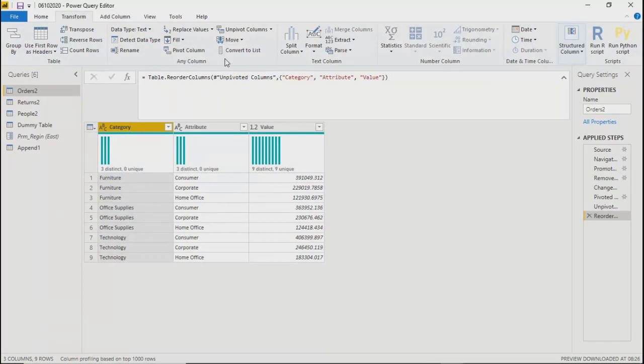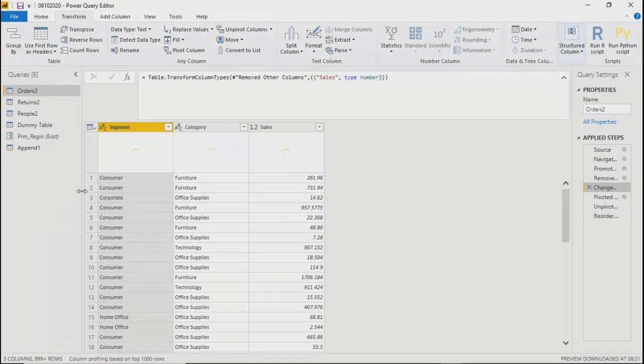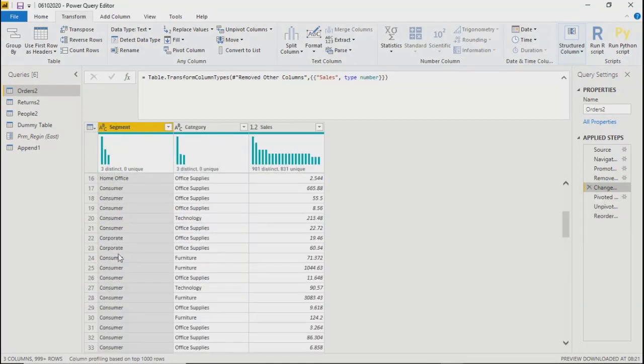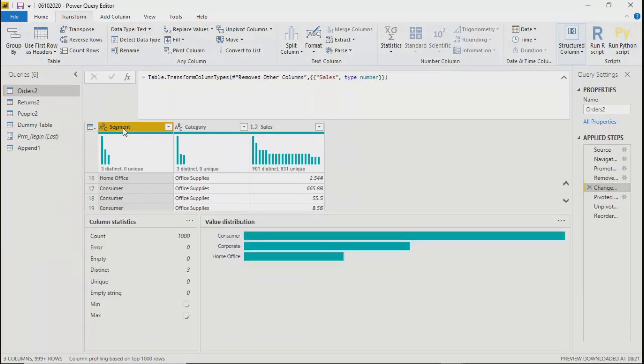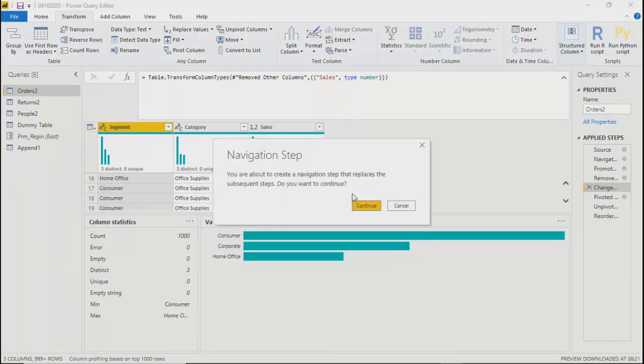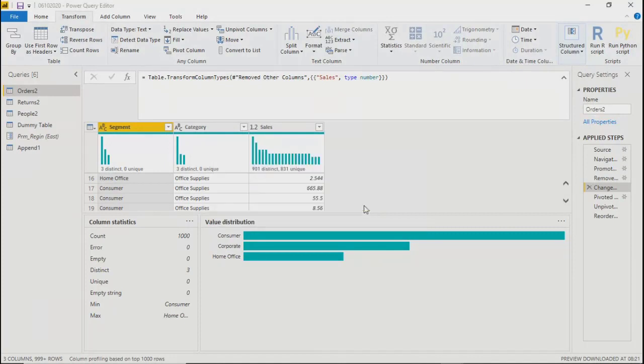Convert to a list. Okay, let's see what it is. I'll go to this particular page, and because I have all the duplicate values, I'll select this one and click on convert to list. Navigation step, yes, continue.